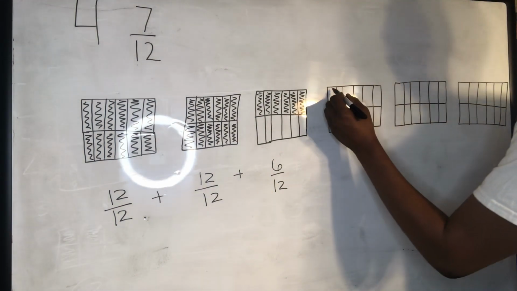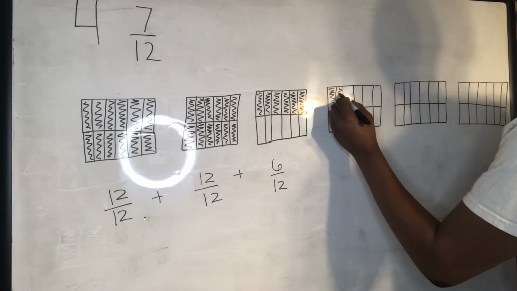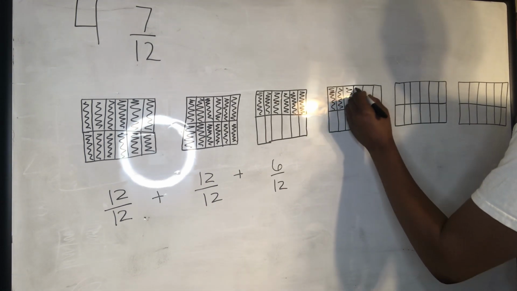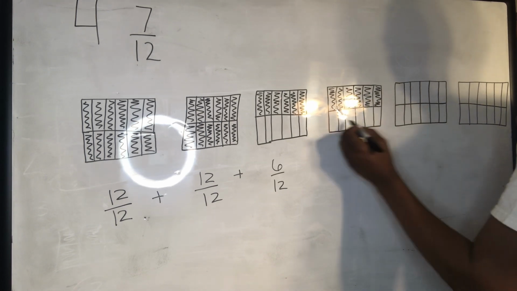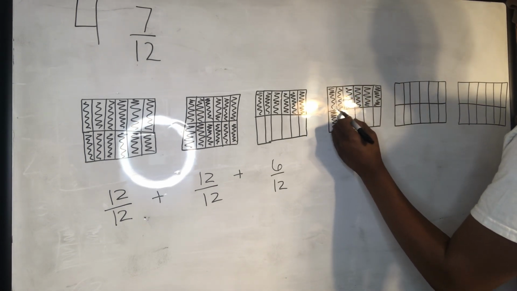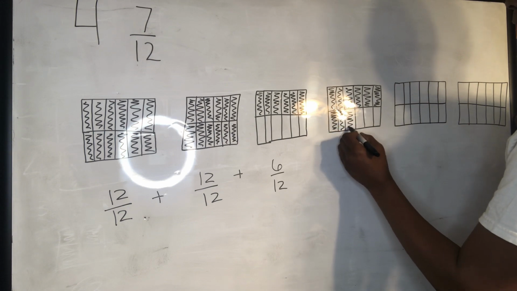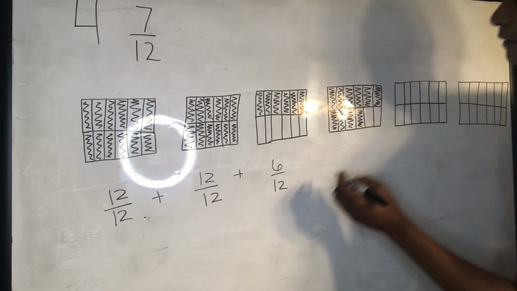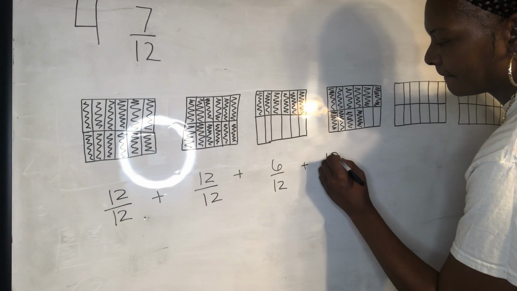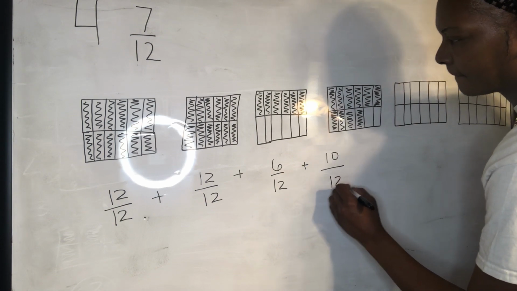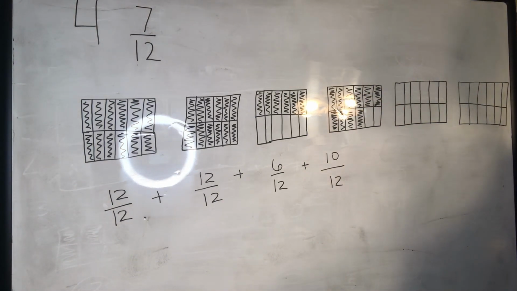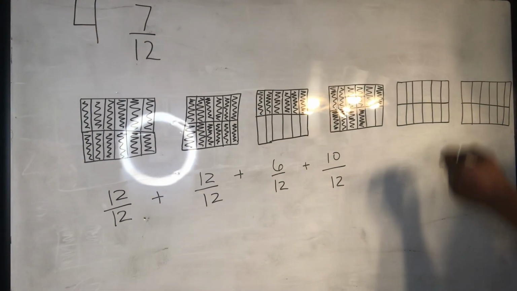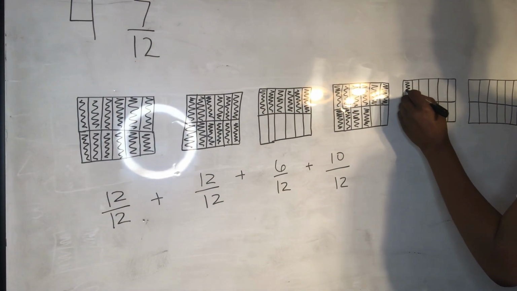Then this one, I'm going to shade the top. And I'm going to do 4 from the bottom. And that's going to give me 10, because these are 6 and that's 4. So that's 10. So now that I have that, I'm going to then go ahead and do these